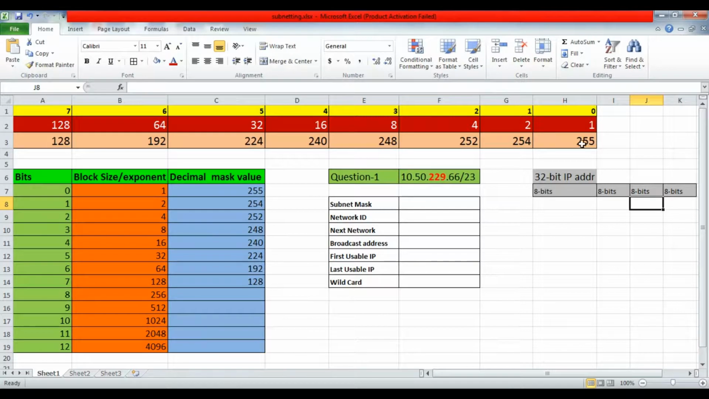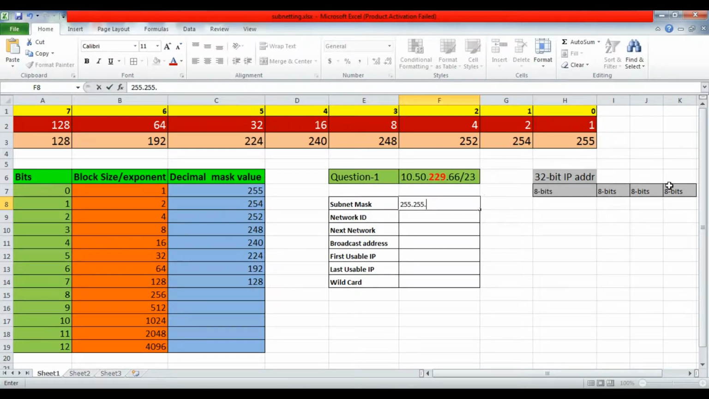Now in the third octet, we have 7 bits for the network. We will use this cheat sheet. We will calculate it from the left side. We will count 1, 2, 3, 4, 5, 6, and 7. Here at the 7th position, we have the value 254. We know that the first 2 octets are completely reserved for the network, all 16 bits. So for the first 2 octets, we will write 255.255